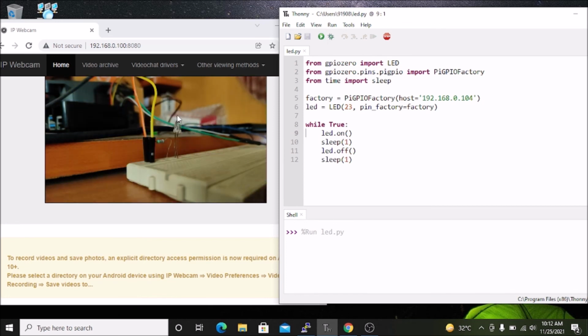As you can see, it means we have successfully controlled our Raspberry Pi 4 GPIO pins with a Windows machine with the help of GPIO 0 and PiGPIO. We are successfully controlling the Raspberry Pi 4 remote GPIO pins, we can say. As you can see, the LED is blinking. So this is how we can remotely control our Raspberry Pi 4 GPIO pins with the help of the GPIO 0 and PiGPIO modules in Python.